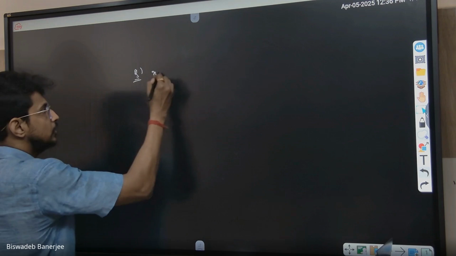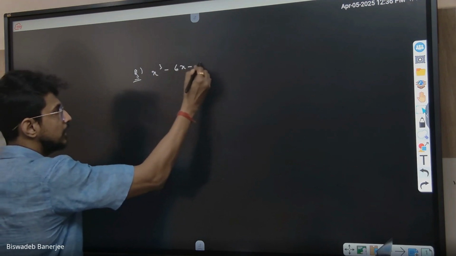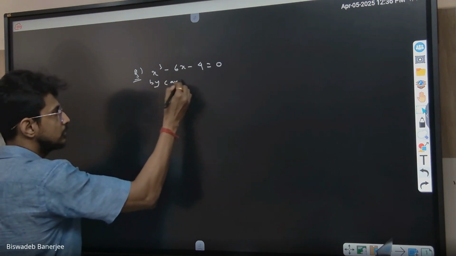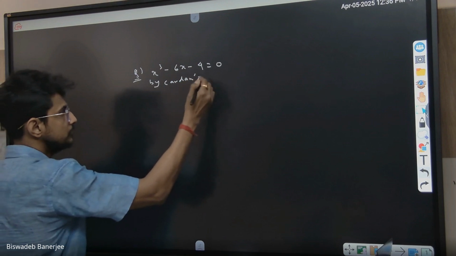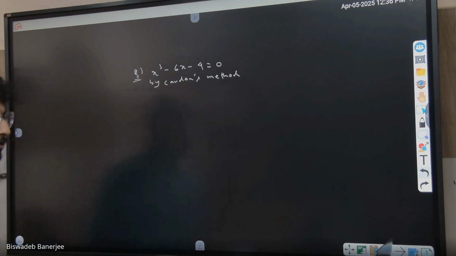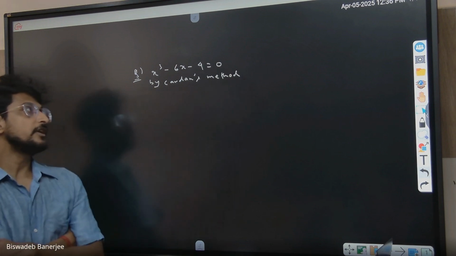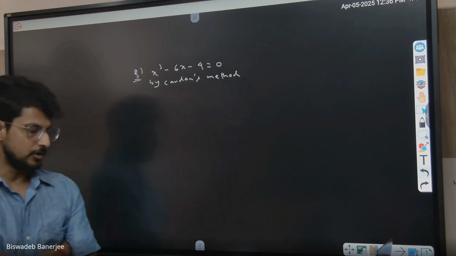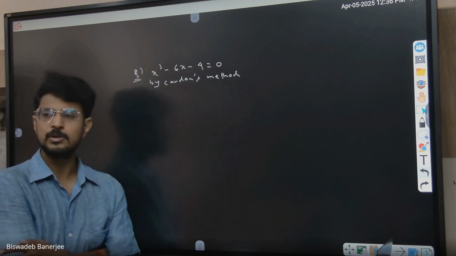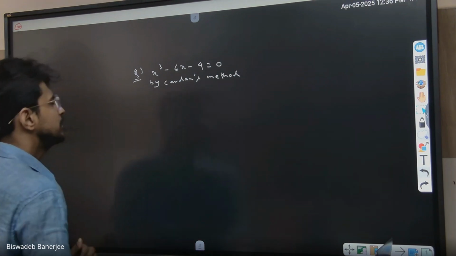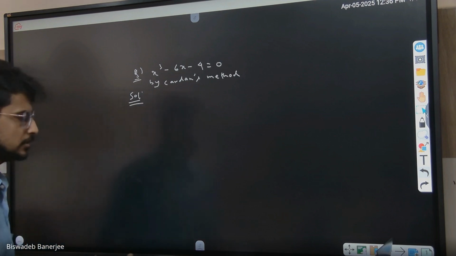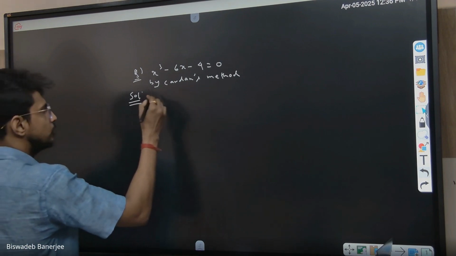Solve x cube minus 6x minus 4 equal to 0 by Cardan's method. Second question from Cardan's method: solve x cube minus 6x minus 4 is equal to 0 by Cardan's method. Now this question is quite different, but almost similar to the previous question. But there's a slight difference. Solution. As in the previous question, we assume let